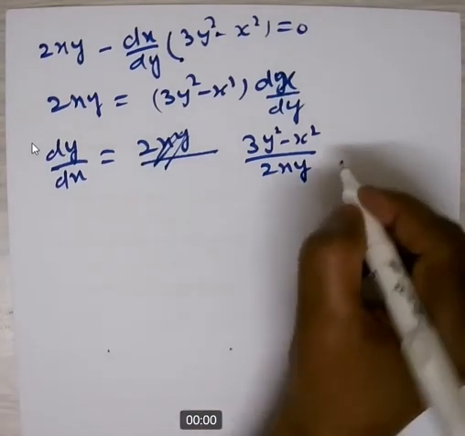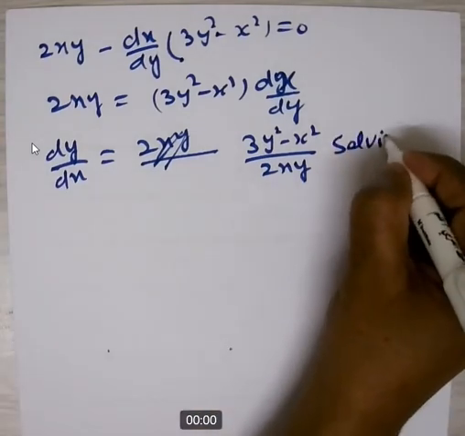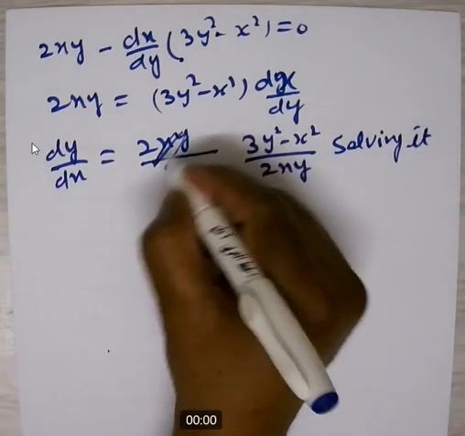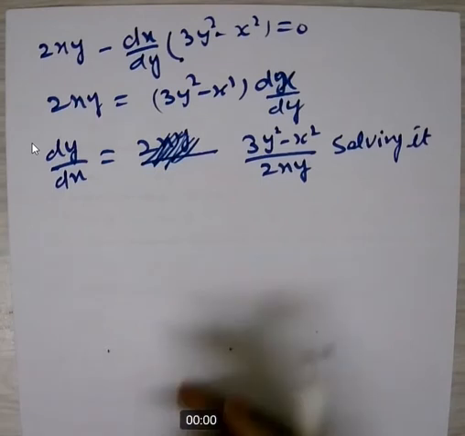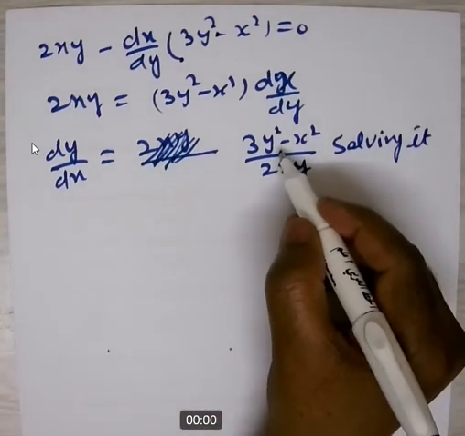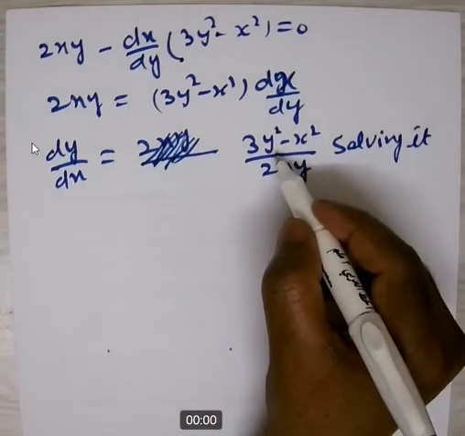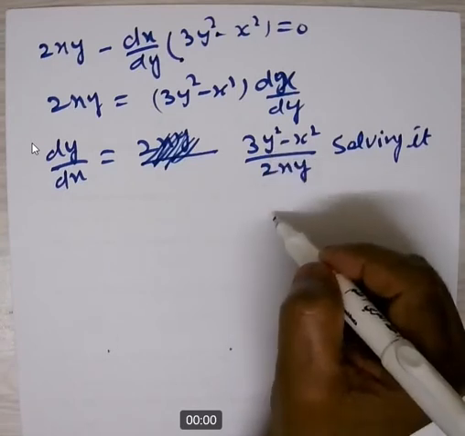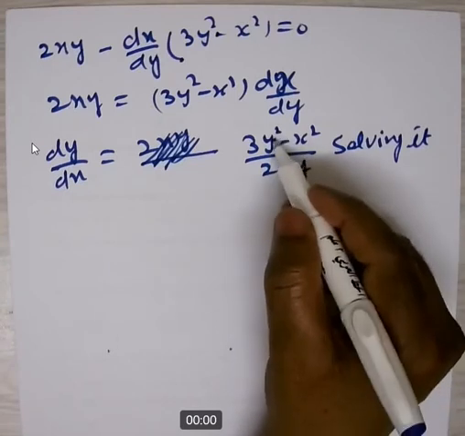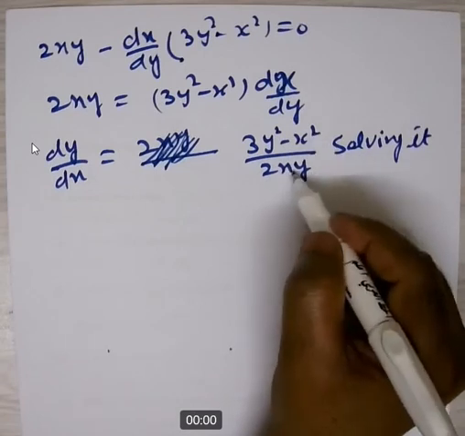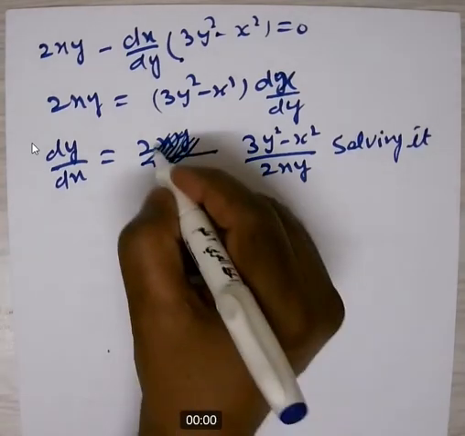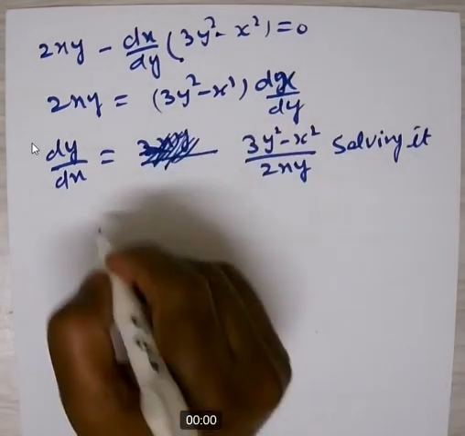So now see that one, solving it. What you see that one? This, if you see, means how can I solve? Then variable separable method you cannot apply. But when I check that one, here degree 2, here degree 2 also, here down also degree 2, it means that one we can solve it by using homogeneous form, because this is homogeneous differential equation.